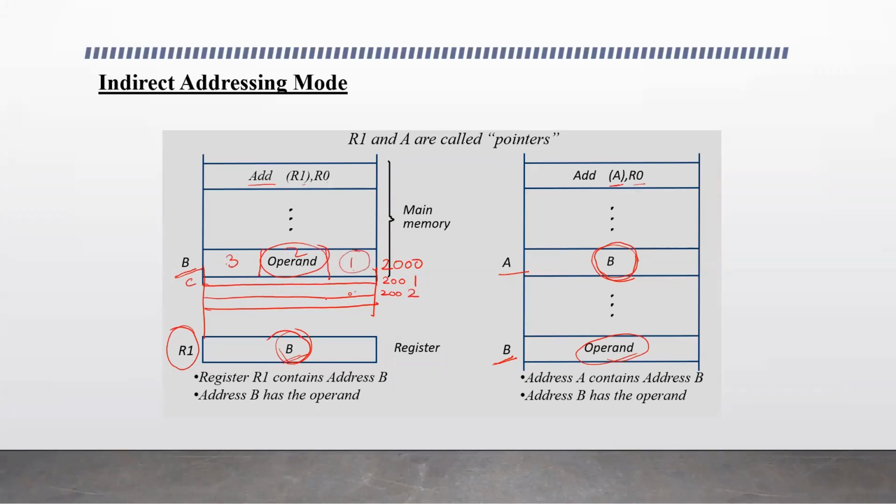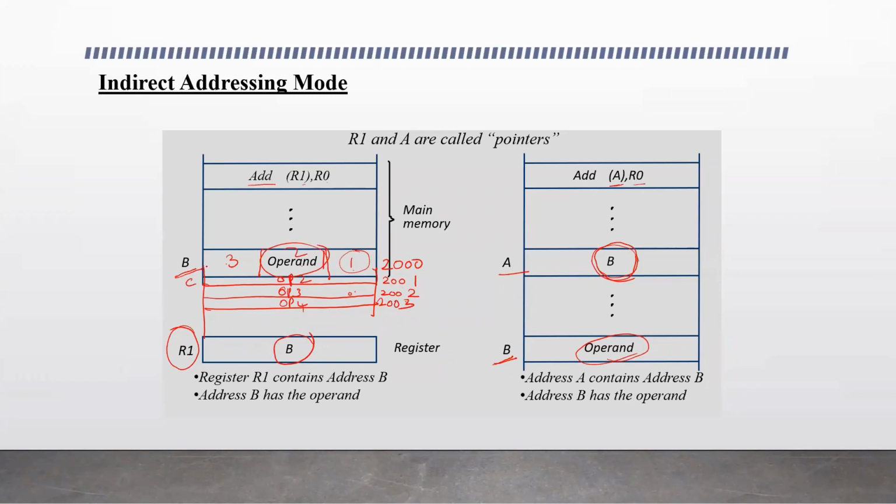Here we have a table of data. The first operand, operand 2, operand 3, operand 4 at location 2003. These need to be continuously accessed one after the other. So in this case, what happened? We use the register indirect addressing mode. Here we are discussing the indirect register addressing mode, and we have the effective address in the register.